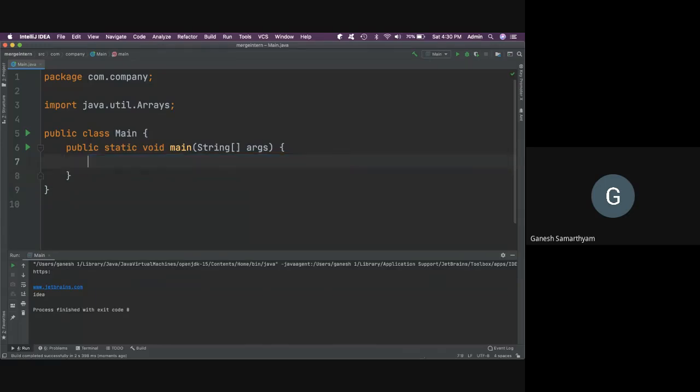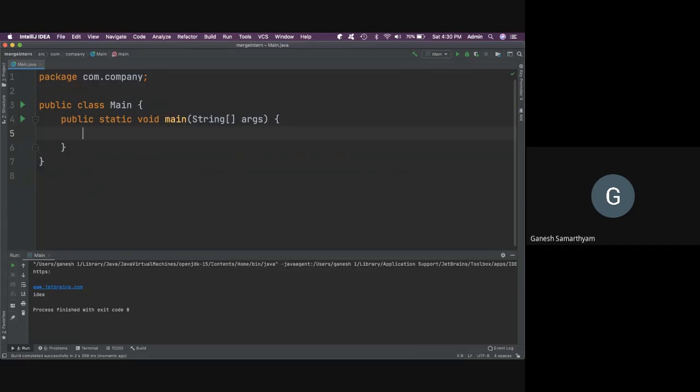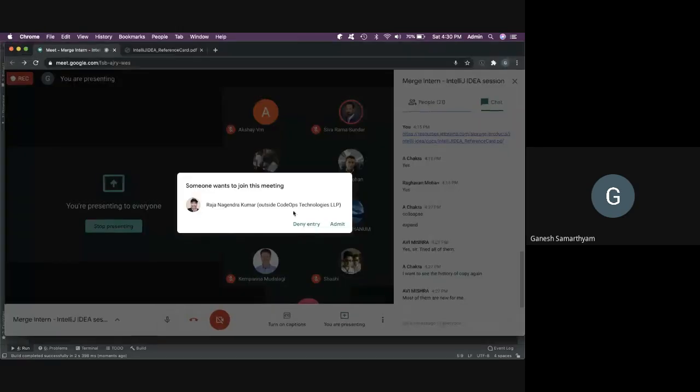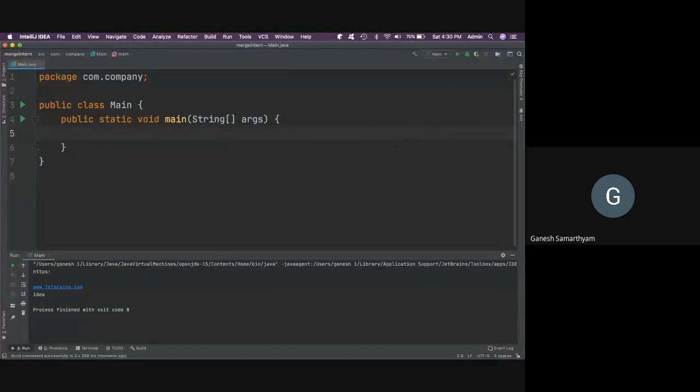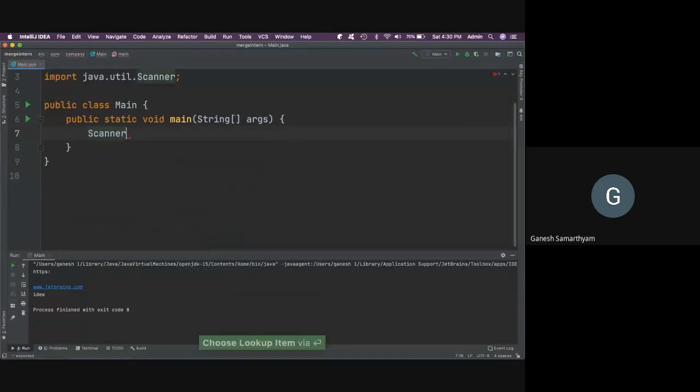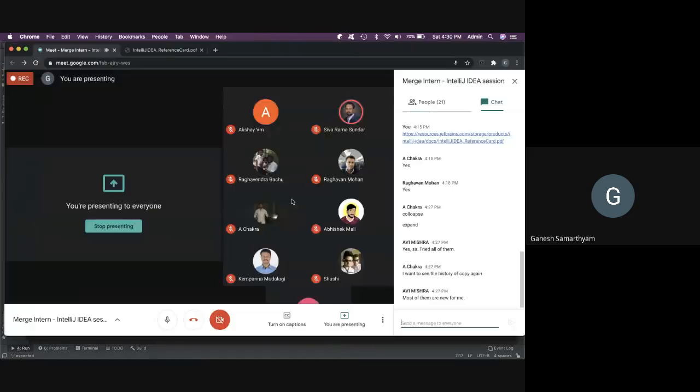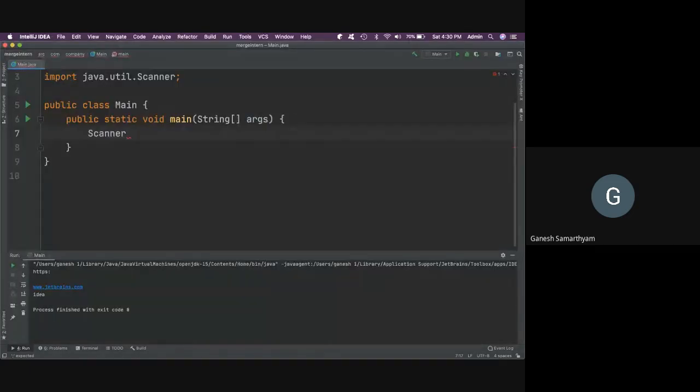Now, let us write a simple program, right? Let's say I want to read some input from the command line. So I can say Scanner, then I don't want to type the variable name again. Rather, what I could do is code completion, control space in Windows. Then it will automatically fill the variable name for you.